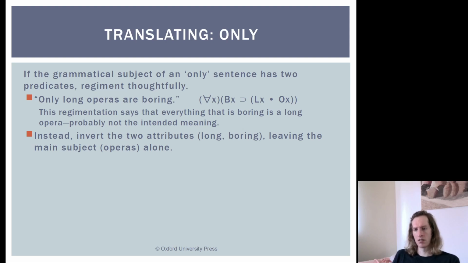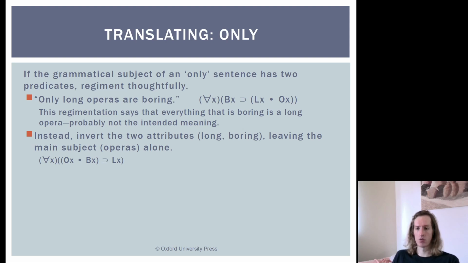So instead, we'll invert the two attributes long and boring, leaving the main subject operas alone. So we could also regiment this like such. For all x's, if x is an opera and x is boring, then x is long. So instead of reading the sentence, all long operas are boring, or sorry, only long operas are boring, and reading it as limiting the conditions under which an object can be boring,